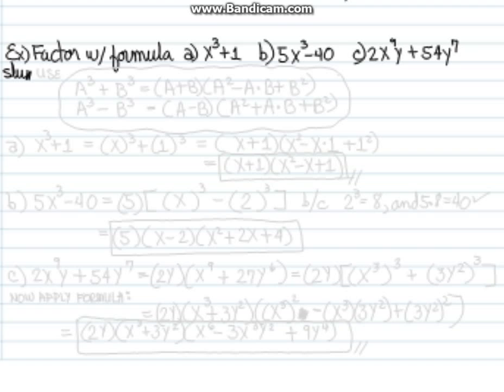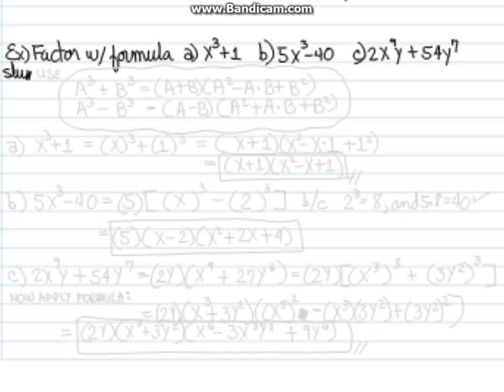Factor with formula. Part A, x cubed plus 1. Part B, 5x cubed minus 40. And part C, 2x to the 9th power times y plus 54y to the 7th power. Okay, now,